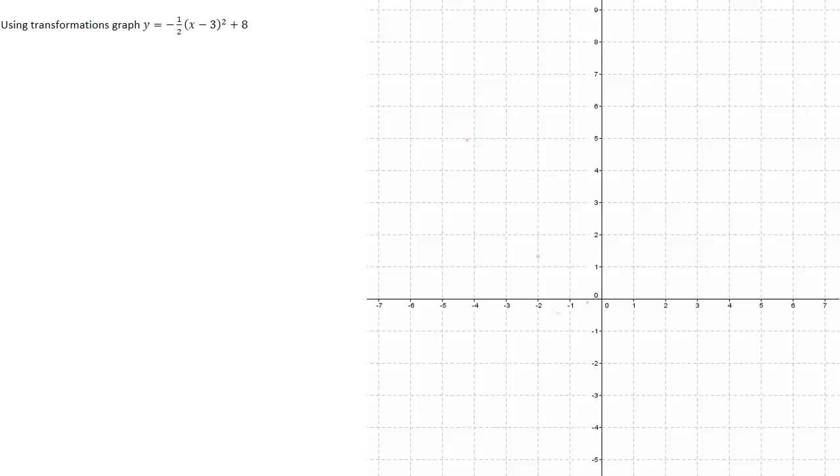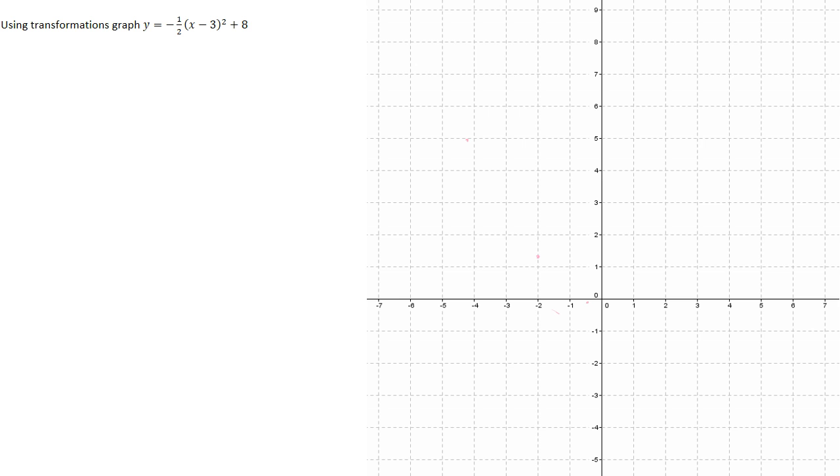Hello. In this video, we're going to use transformations to graph y equals -1/2 bracket x minus 3 squared plus 8. Now, of course, this video is about doing a detailed graph, and for the most part, you wouldn't actually do this. If you wanted to do a detailed graph, you would use some sort of graphing software. What we're more interested in is sketching graphs to get an idea of what it looks like. But being able to do a detailed graph using transformations is really useful, especially as you head into some other